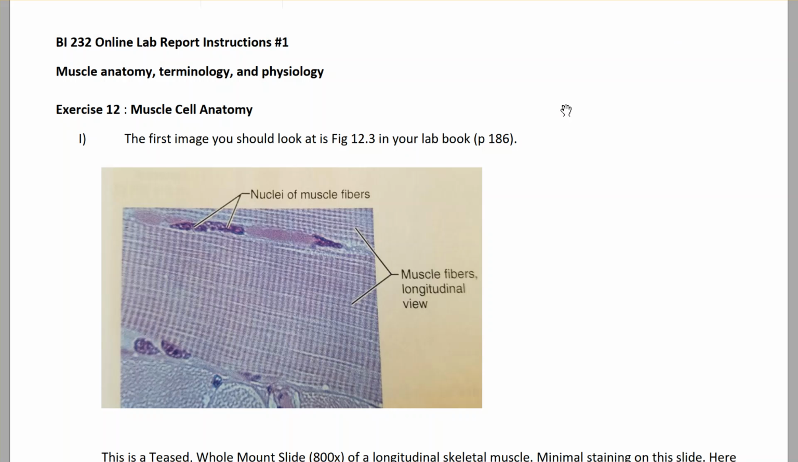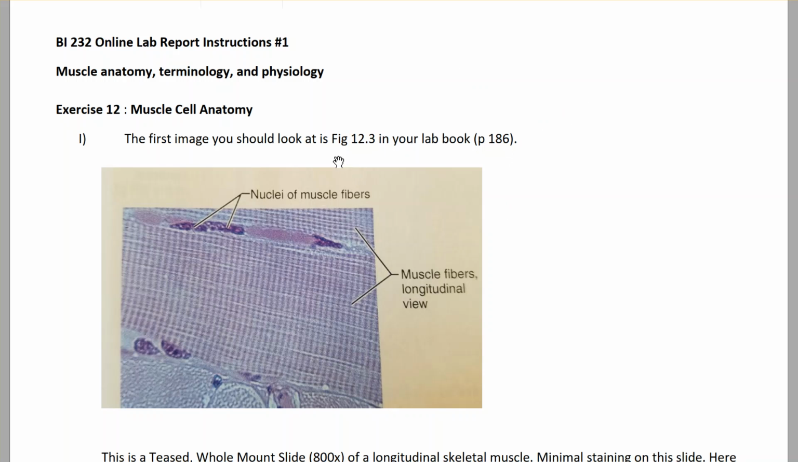Okay, here we are at the online lab report instructions. So every lab report has these online instructions and then the lab report itself. And so oftentimes it's good to keep this lab report instructions open on your computer because it has links in it that you can go click on, videos and stuff. So the first thing that our instructions are telling us to do is look at this diagram on page 186